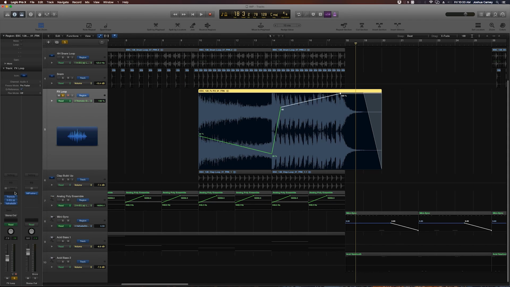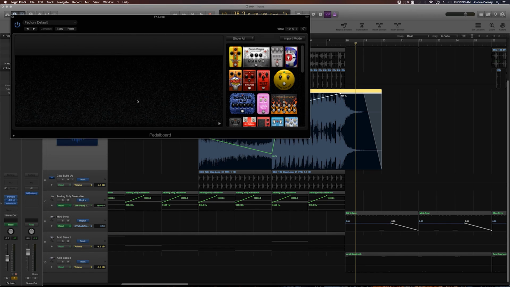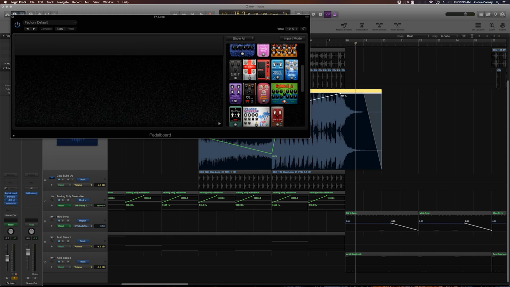And instead of just using a pitch shift, I'm actually going to use the whammy pedal, or the wham pedal, within the pedal board. So I'm just going to go to amps and pedals, pedal board. And I'm going to throw that on there in stereo. And I'm going to throw the wham pedal in here. Oops, I grabbed the wrong one. There we go. And what we're going to do is play with the pedal position of the